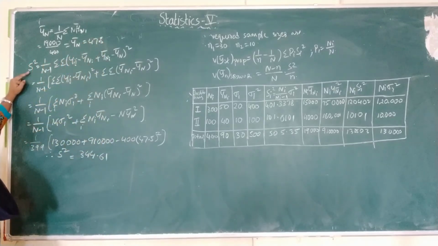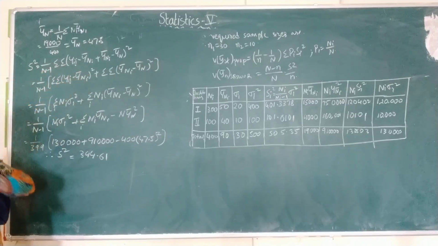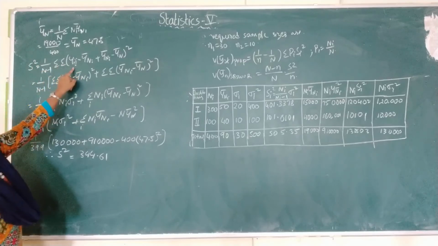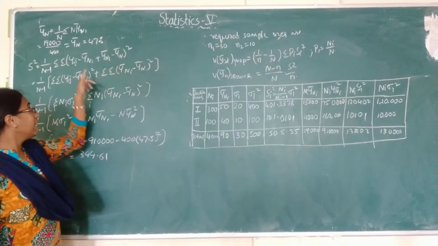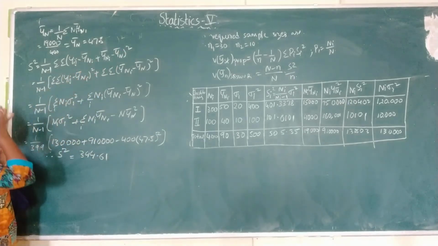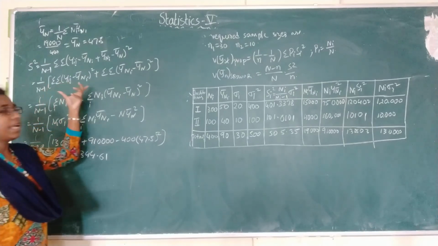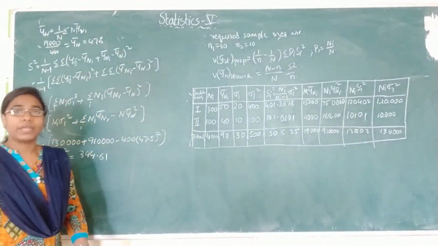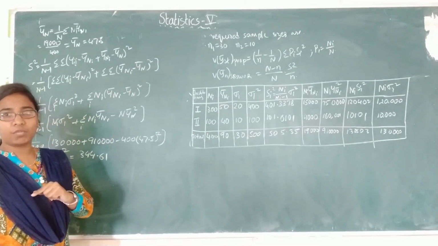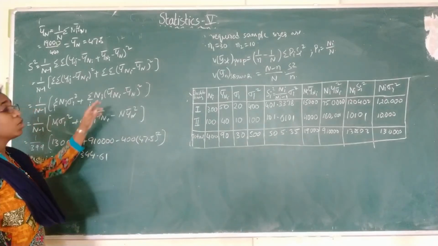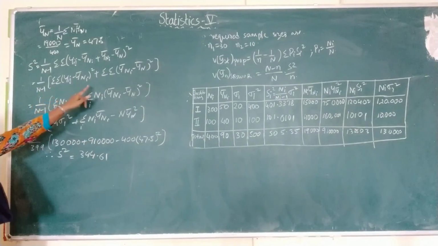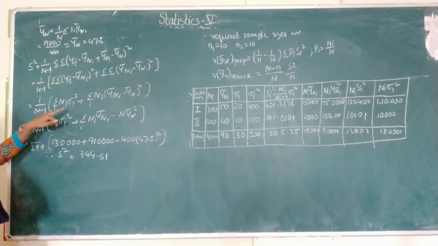Next, you have to find the S square, the variance of simple random sampling. So 1 by n minus 1 double summation. Generally, the formula is Yij minus Y bar whole square. Here I am adding and subtracting Yi bar, so it is in the form of a plus b whole square. If you split, you will get a square plus b square plus 2ab. That 2ab term will become 0, as we have seen in the theorem in yesterday's class. You will be left with only these two terms. So if you observe, this is the formula for sigma i square.